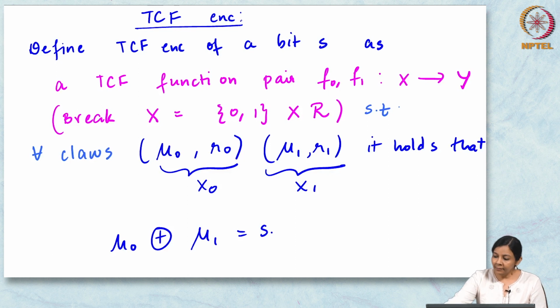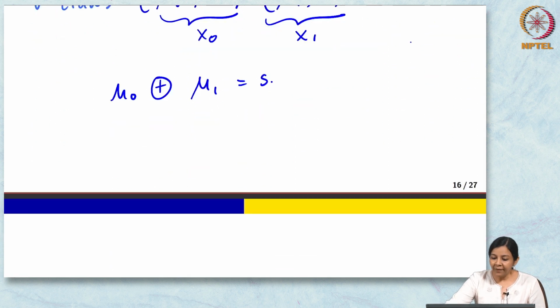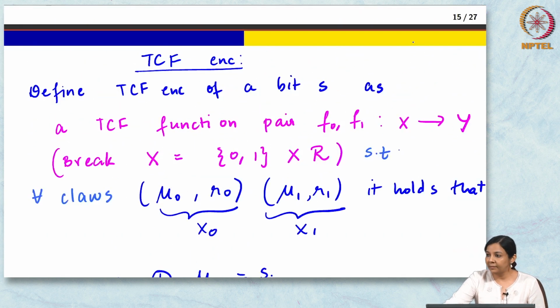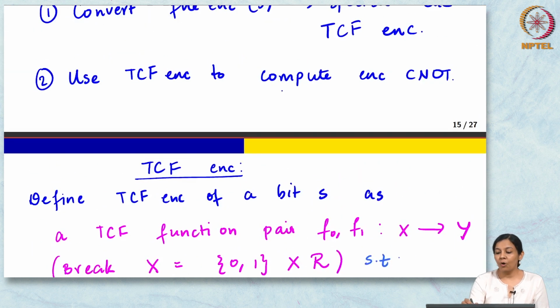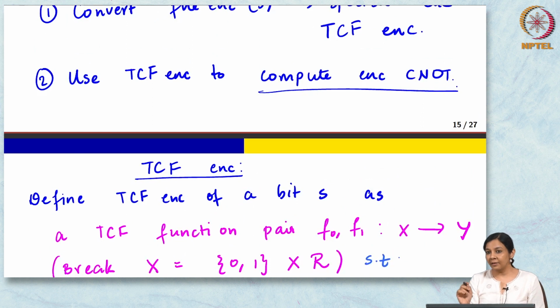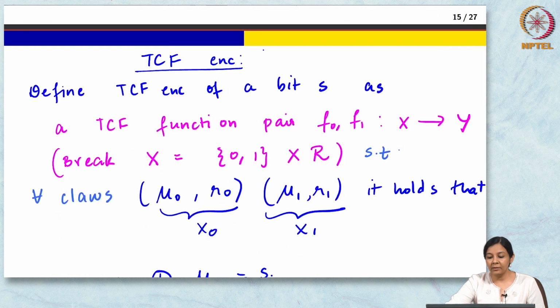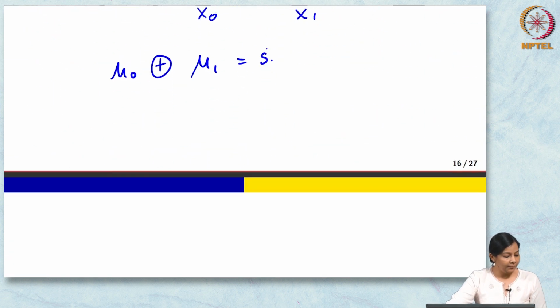And it turns out actually that if I have such a TCF encryption, then this step 2 of computing an encrypted C0 surprisingly becomes easy. So, the main novelty is in figuring out this connection. Once you have this kind of an encryption, this encrypted C0 computation that I wanted actually becomes easy.